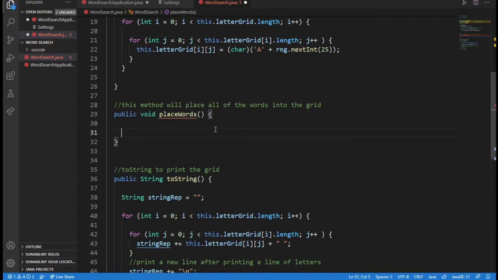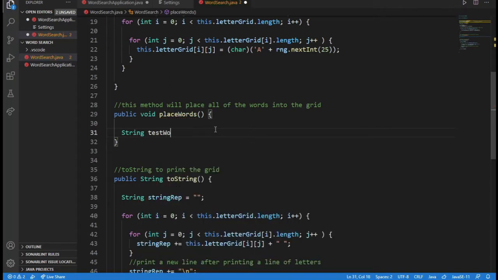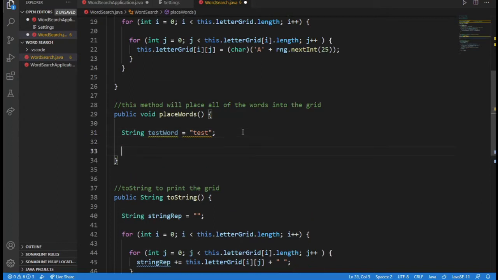So I'll try this: test word equals test. Since this is just a test, I'm just going to use this word just to test it. This will be temporary because